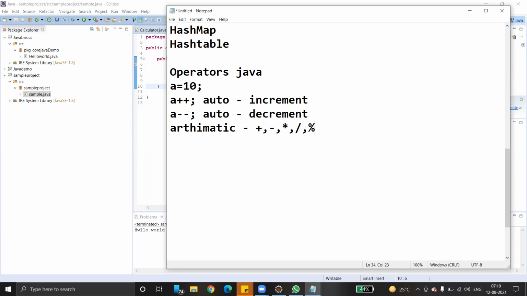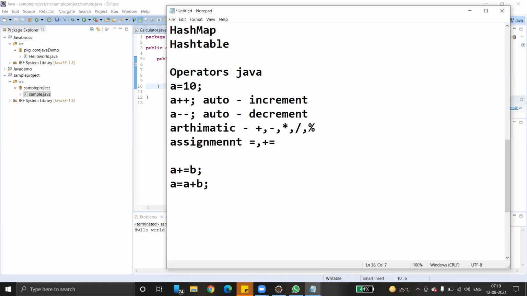Then coming to assignment operators: equals to, and plus equals to, which we call increment and assignment. Suppose we give a plus equals to b, what does it mean? a equals a plus b.